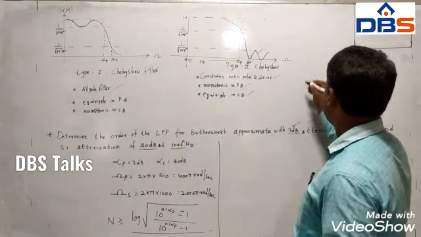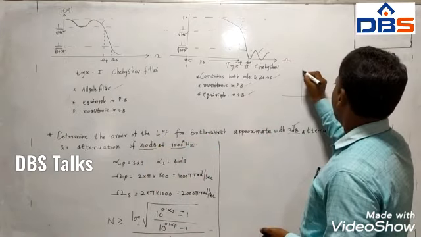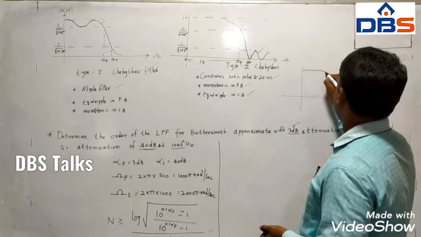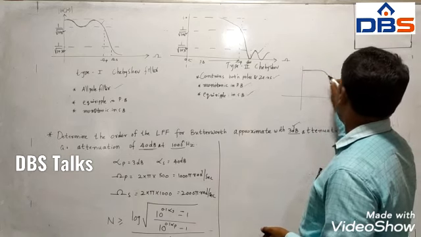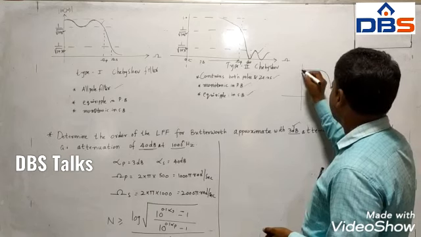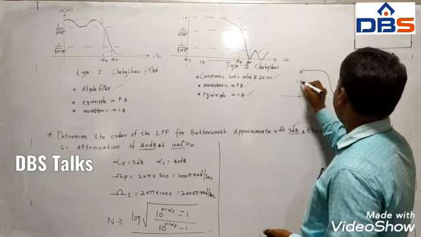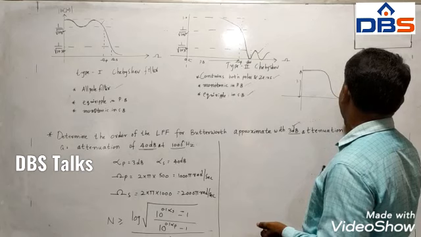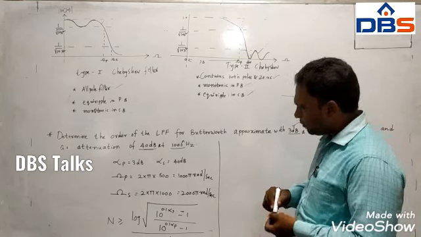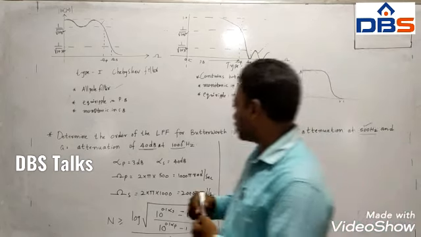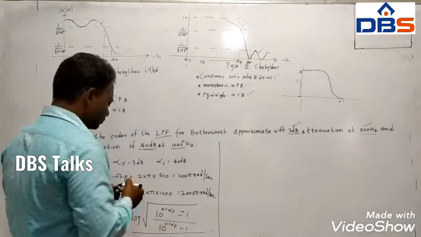Low pass filter characteristics look like this. See, you have minimum attenuation at the pass band and maximum attenuation at the stop band. You see, maximum magnitude is 1 here. Here the magnitude is 0 or 0.1, like that. So by looking at the characteristics and also the given statement, this is a low pass filter.